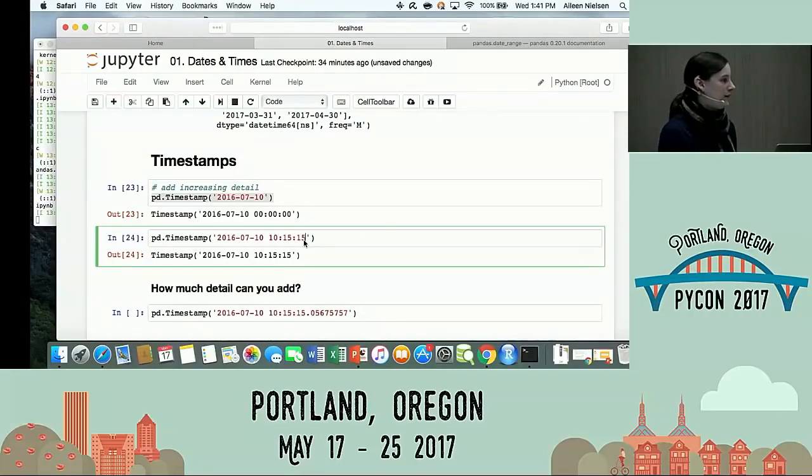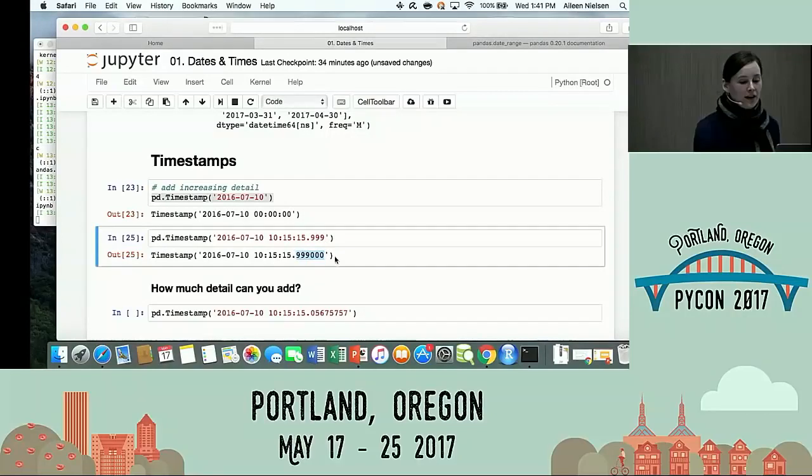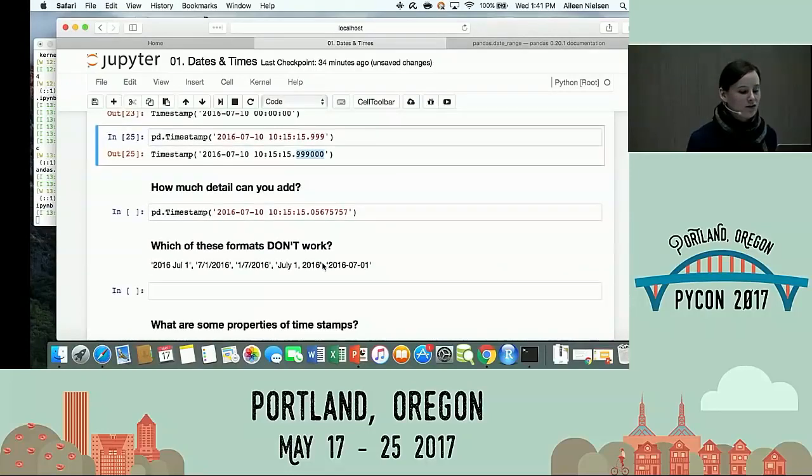What if I want 15 seconds and 1,000 milliseconds? Well, you can't have 1,000. 999 milliseconds. Decimal, 0.999. There we go. And look, you see how it starts adding. One thing also to be aware of, I don't think this has been fixed: it displays up until the 6th decimal point, but it actually does store up to the 9th decimal point. So just a weird glitch in case you ever are checking.